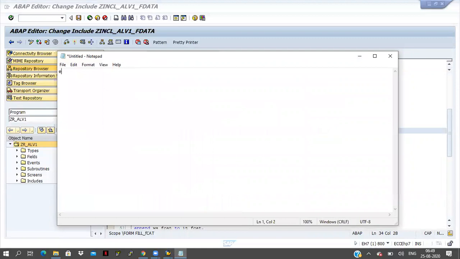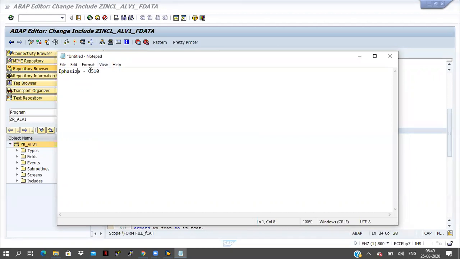The field name is emphasize. C510 I have given here. Emphasize is the field in the field catalog internal table. If you pass some color into this field, it will apply to the output. Here I am taking C510. What is the meaning of this?